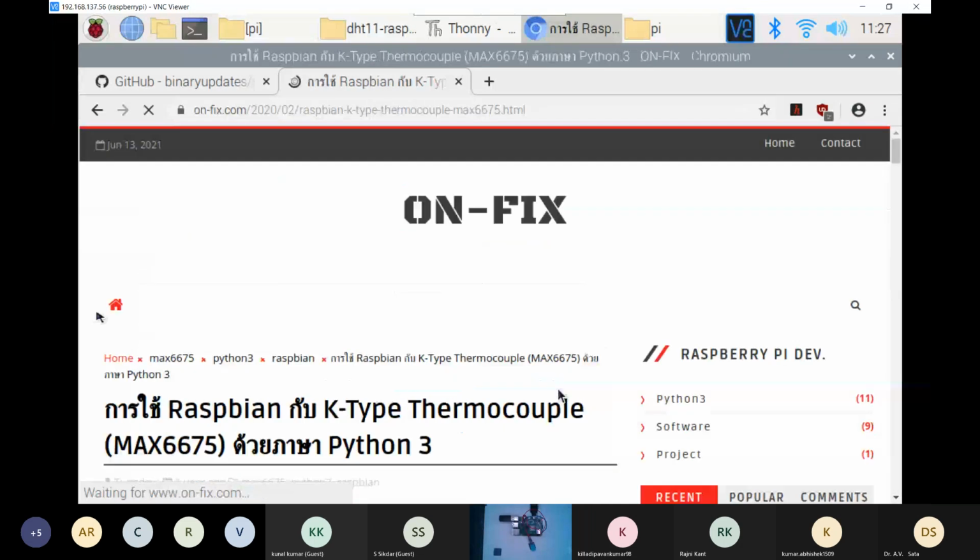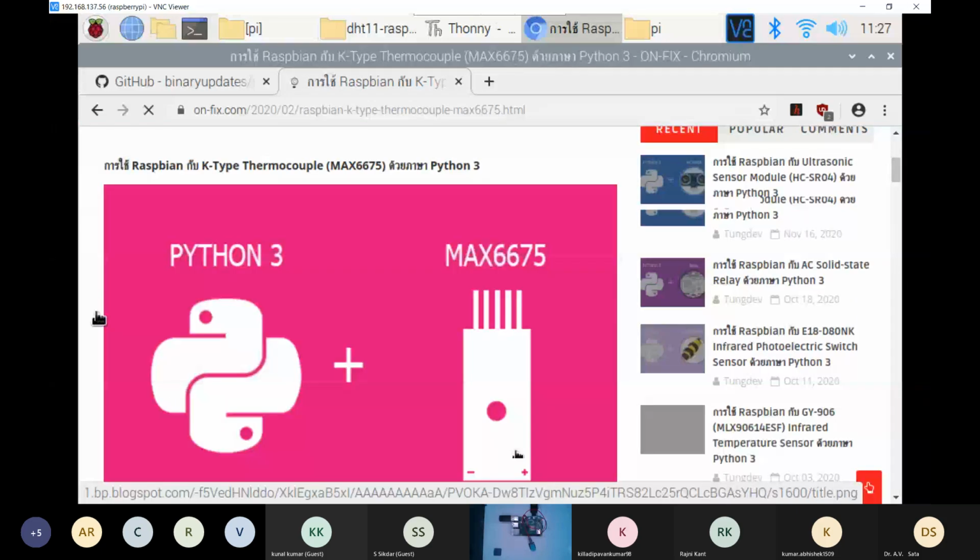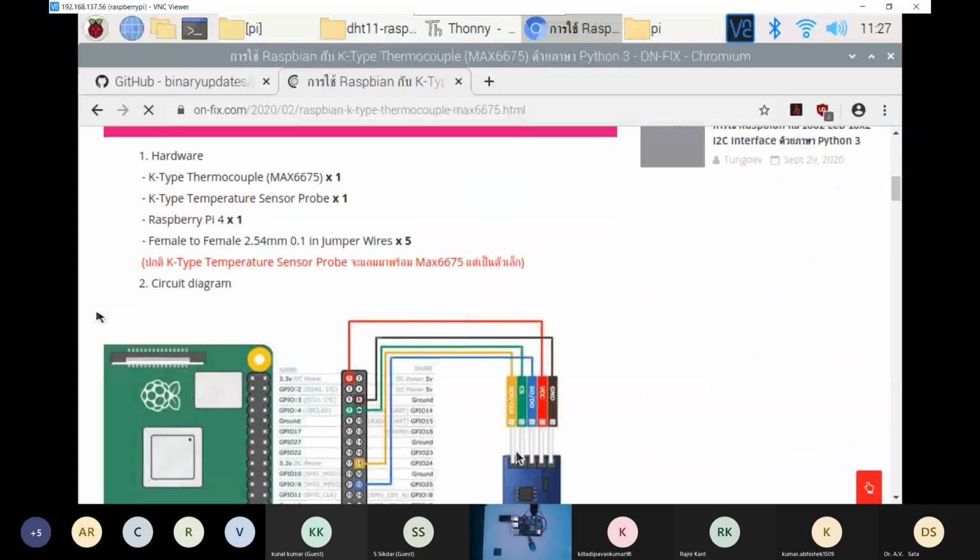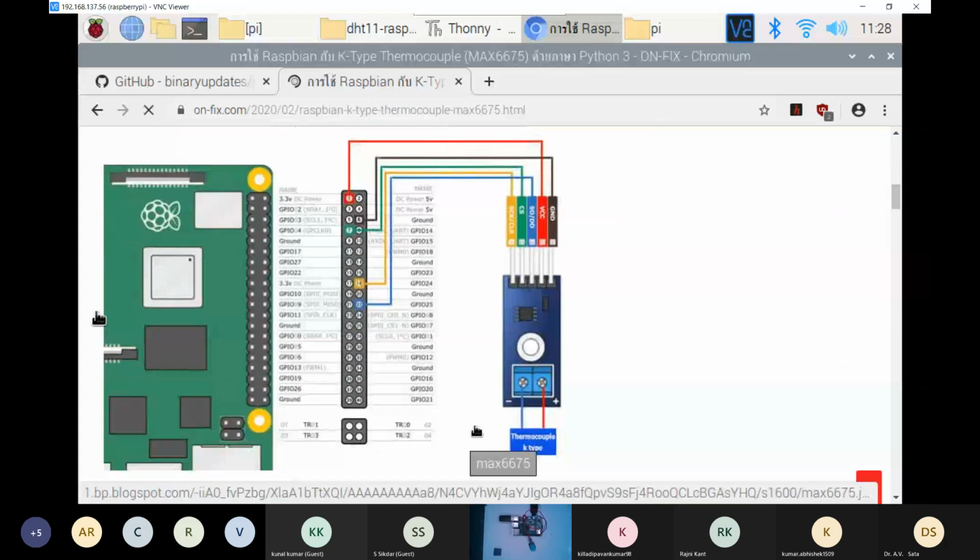So they are using Python 3 and MAX6675 to connect the MAX6675 to Raspberry Pi 4. And here they have shown a pin diagram. We will not be using the same thing. We will try to change it.